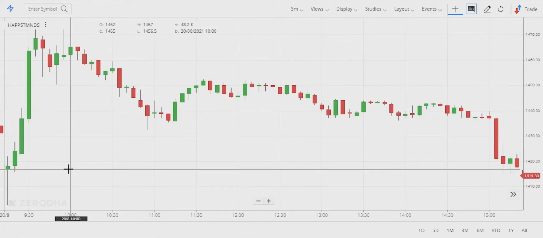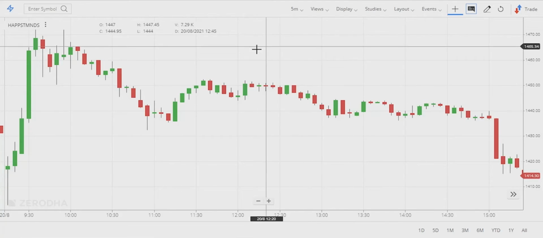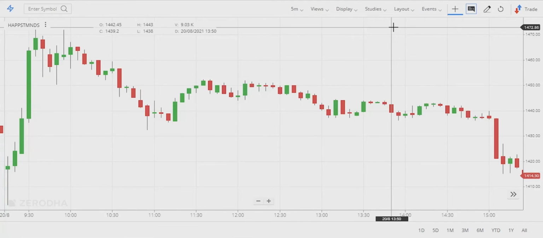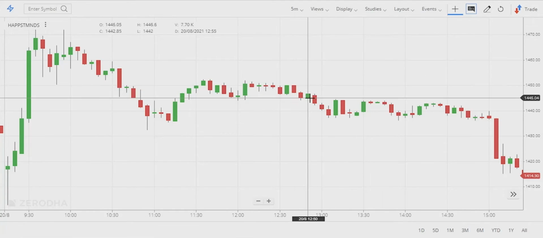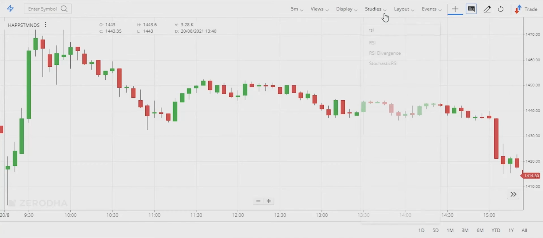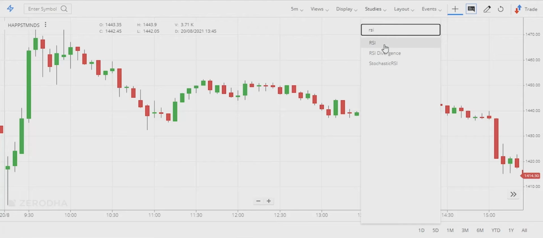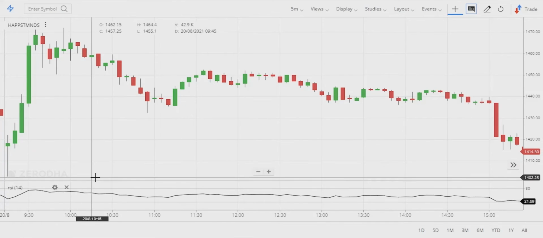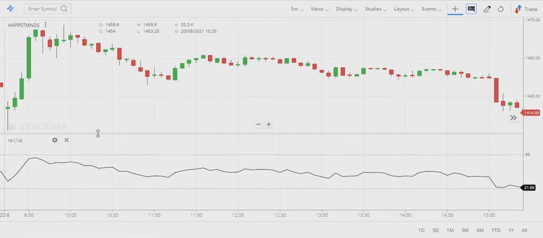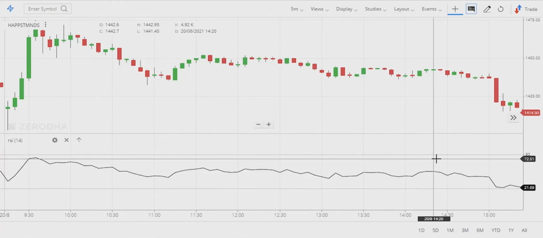So instead of boring you guys with theory, let me show you how it's done in Zerodha. If you are using Zerodha, you can enable RSI by clicking on studies. Here in this box, you can write RSI and click on the first option. It will show the line chart graph here below your candlestick chart, and the default setting of RSI is